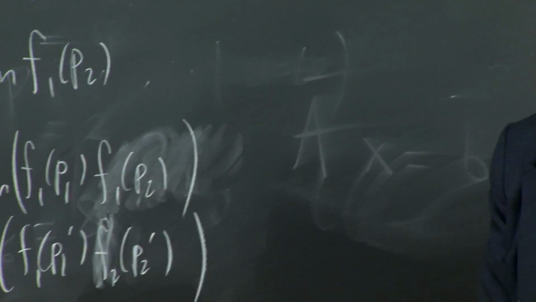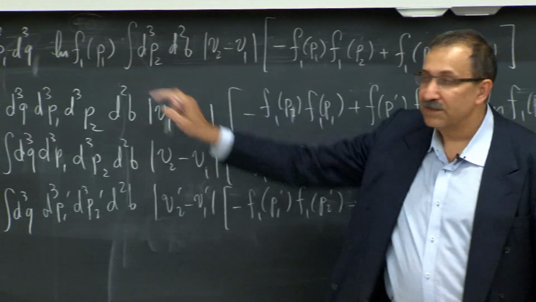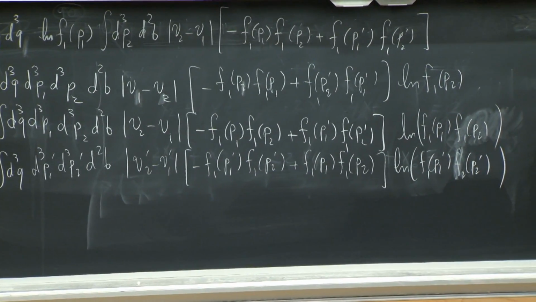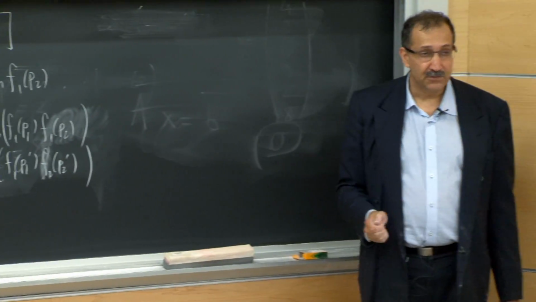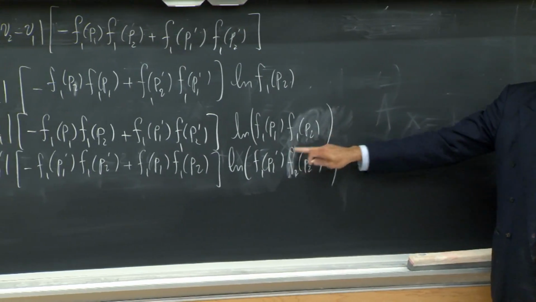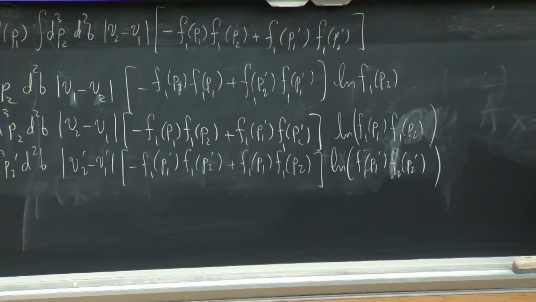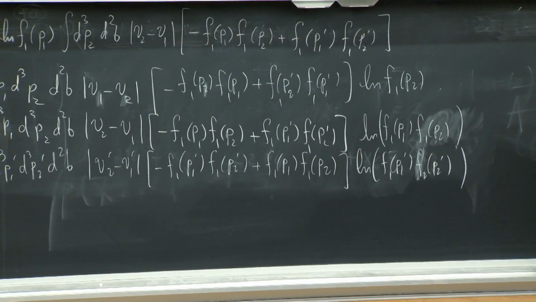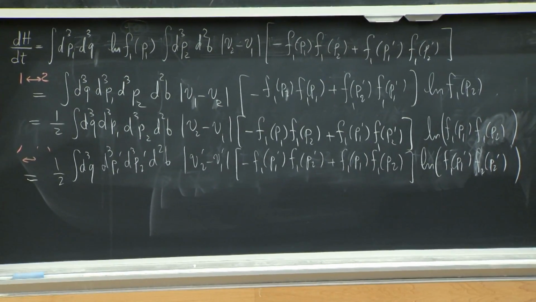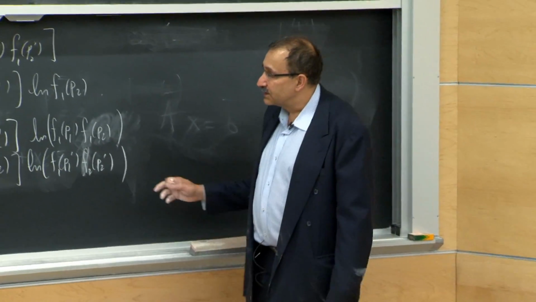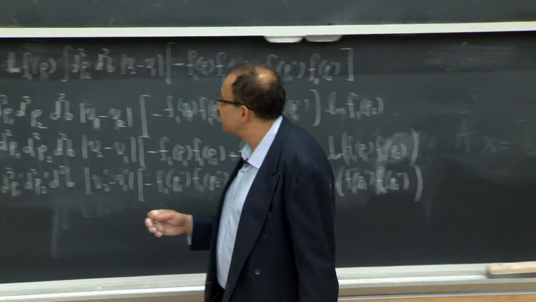So I symmetrized originally the indices 1 and 2 that were not quite symmetric, and I end up with an expression that has variables p1, p2, and functions p1 prime and p2 prime, which are not quite symmetric, again, because I have f's evaluated for p's, but not for p primes. But what does this mean? This mathematical expression that I have written down here actually is not correct, because what this amounts to is to change